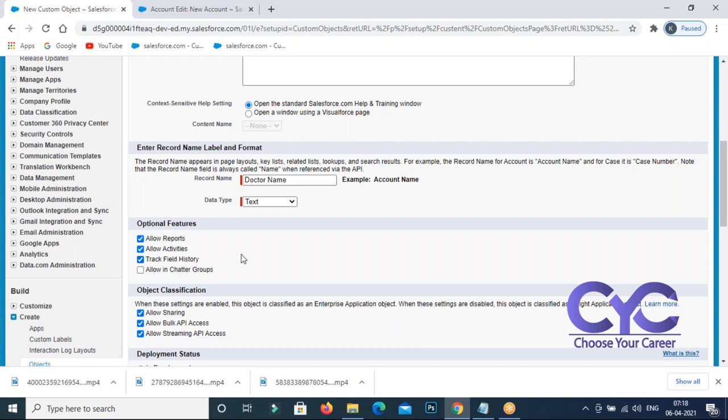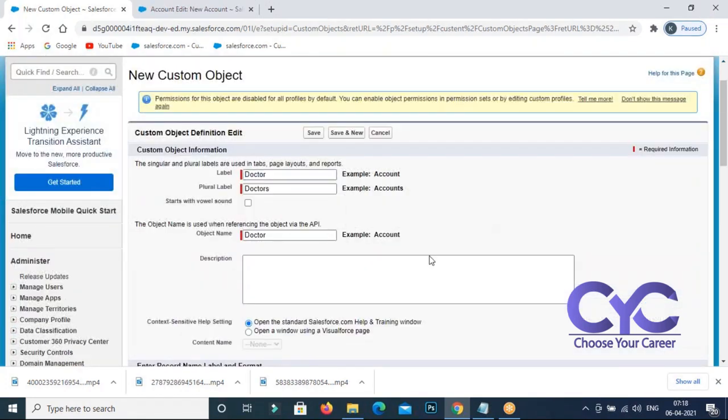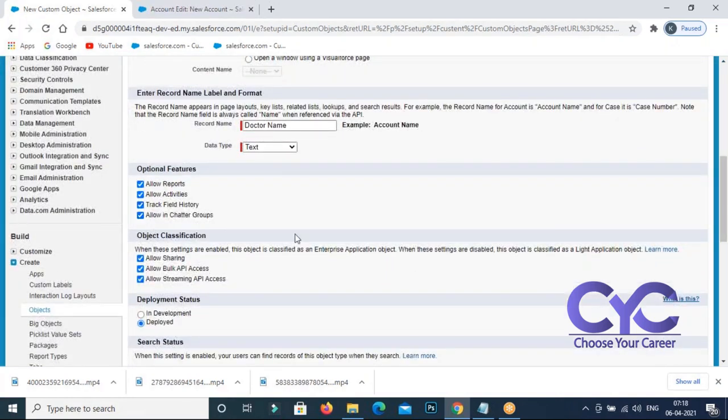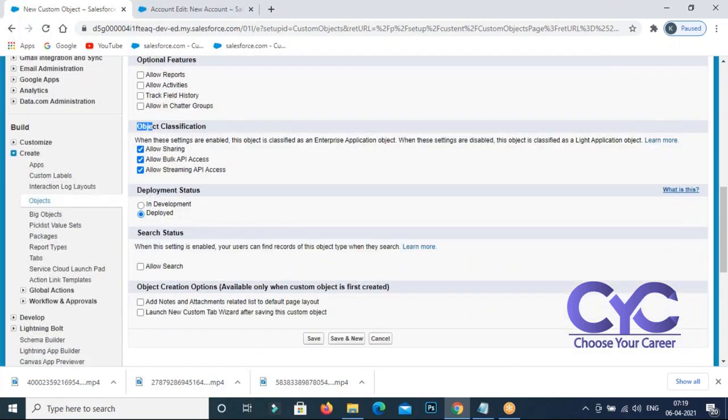Okay, and some business groups are there in the organization. For every object that we are going to add into the groups, business groups are nothing but the charter groups. They are going to share their business activities and their achievements in the charter group there. Do you want to allow this doctor object in the charter group or not? It asks a question there. If you want, you can allow it. If you don't want, you can leave it. But these are all optional features. I don't want to, at present, I can close it.